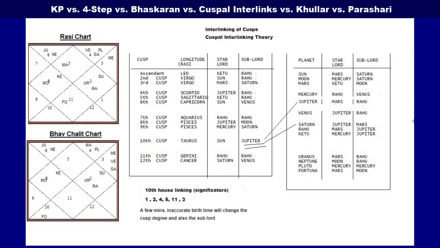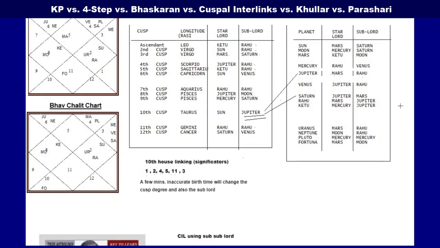And then they are not easily approachable, in the sense that there is a whole list of emails given in Bhaskaran's book, but if you send them an email, nobody responds. They don't care. And I don't think they are even interested in creating a community around their theory. So Bhaskaran is one that I personally don't use. And I told you the reason. The main reason is that it is good for horary, but not really practical for birth chart or natal chart interpretation.